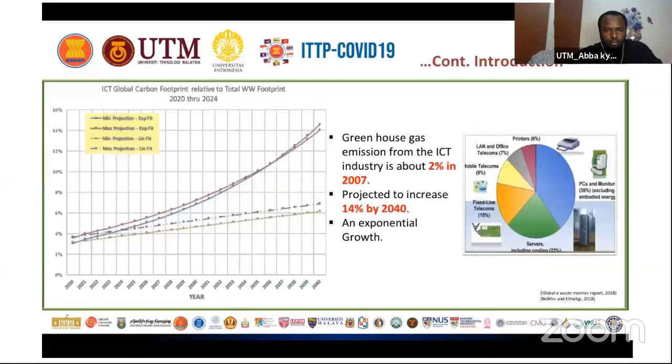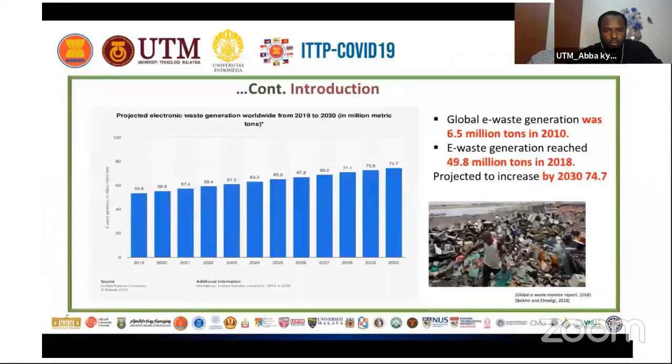Greenhouse gas emission from the ICT industry was about 2% in 2007, projected to increase to 14% by 2040. Global e-waste generation was 6.5 million tons in 2010, reaching 49.8 million tons in 2018,